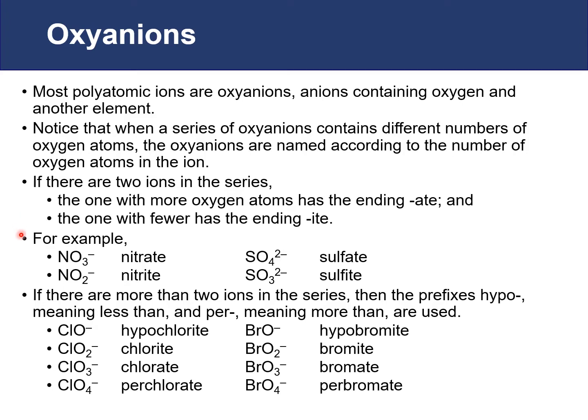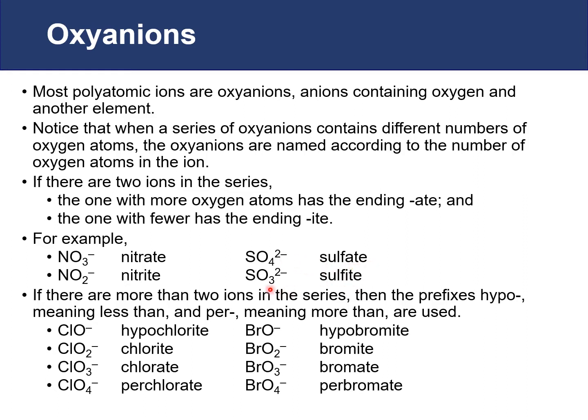Some examples of this are the nitrate and nitrite anions. Note that they both start with NITR, and then the ending is ATE for the one that has the 3 oxygens, and ITE for the one that only has 2. Similarly, we have sulfate and sulfite. Sulfate is SO4 2-, and sulfite is SO3 2-. They both start with the SULF prefix, and then the ending ATE goes with the one that has more oxygens